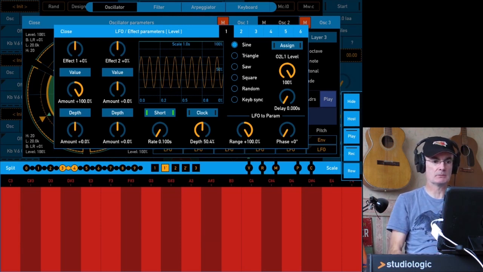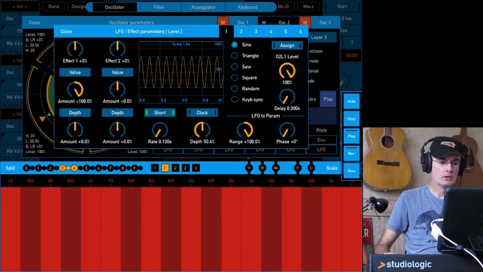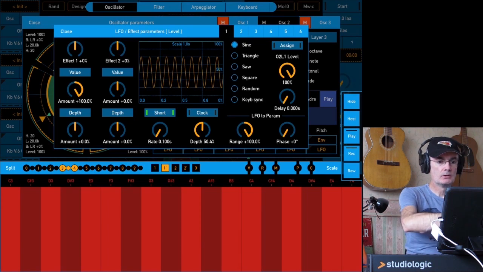That's not the case. It switches the LFO on or off, it doesn't influence the Effect1 and Effect2. So although we don't have the LFO active, we should still have that finger swipe controlling the Effect1 parameter,